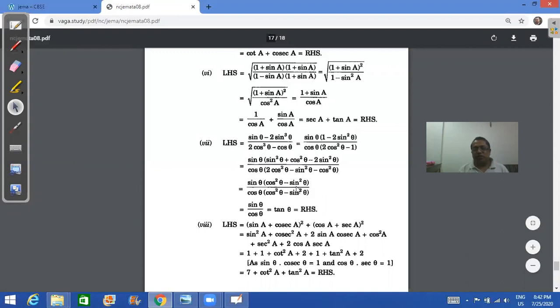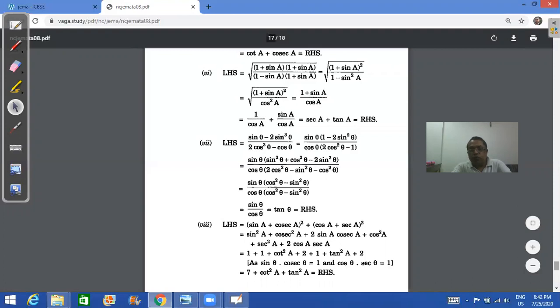So these terms are identical, they'll get cancelled. So we get sine upon cos, which is equal to tan. So I hope this is clear. Just take common and then replace 1 with sine square theta plus cos square theta. Moving on to the 8th part,